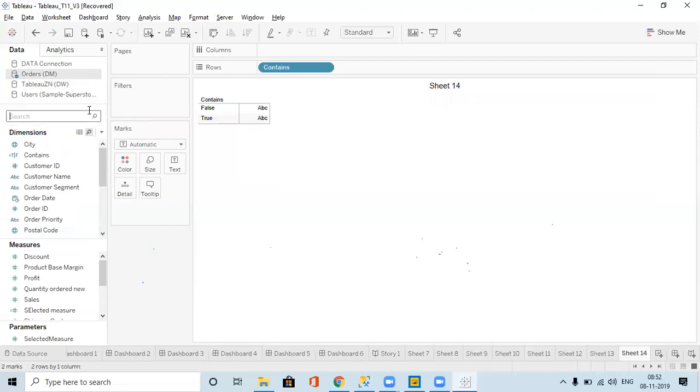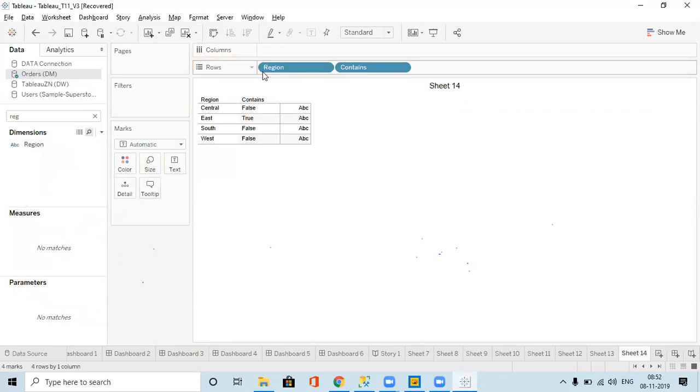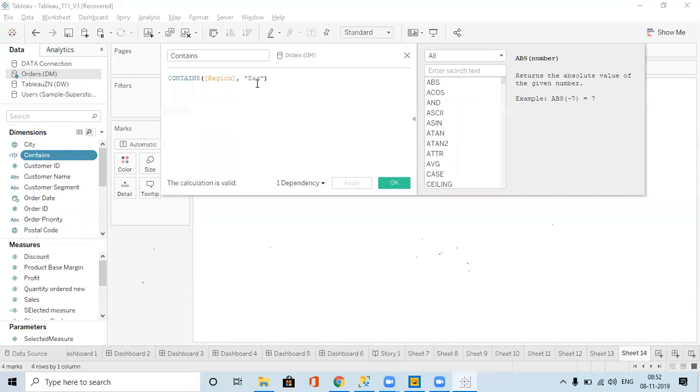If I show it region-wise, if it is there, it will give us true, else it will give us false. So only EAS is matching, because of the calculation we have given. Did you understand, guys?